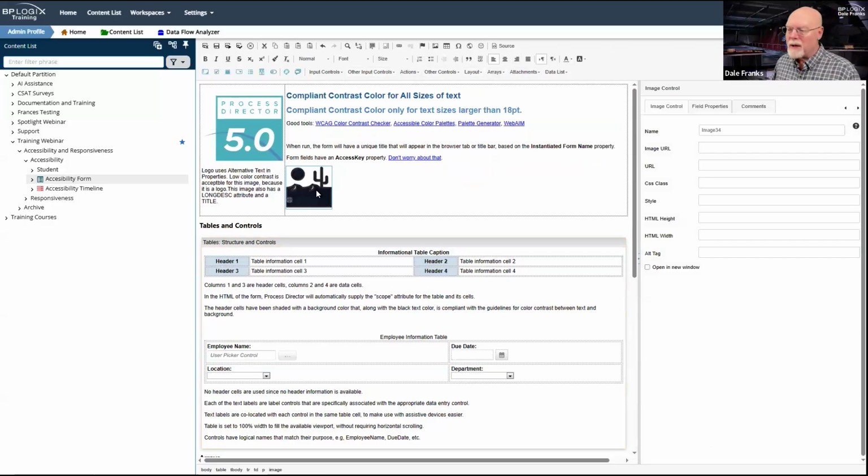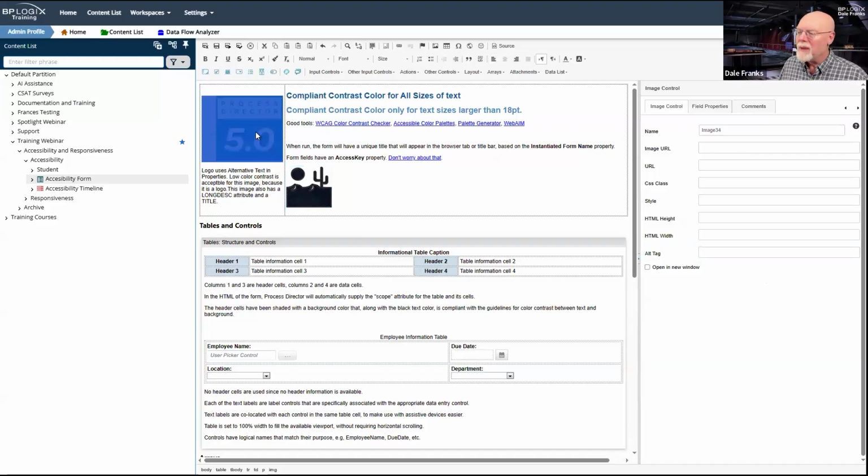This control is a bit different because it is designed for use specifically in Process Director. It's not really a display control. It's a control that you would use if you wanted to generate a QR code or something like that. I mean, you can use it as a regular image control because it does have the alt tag, which is required. So you can throw in the alt tag.